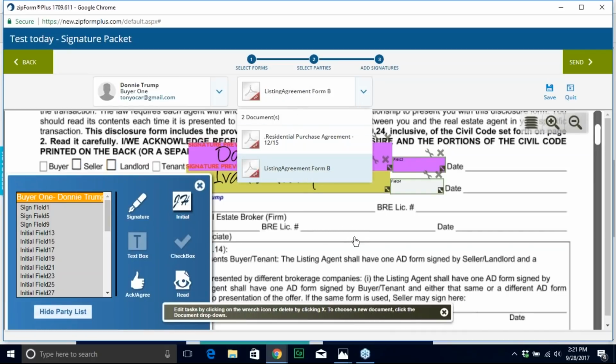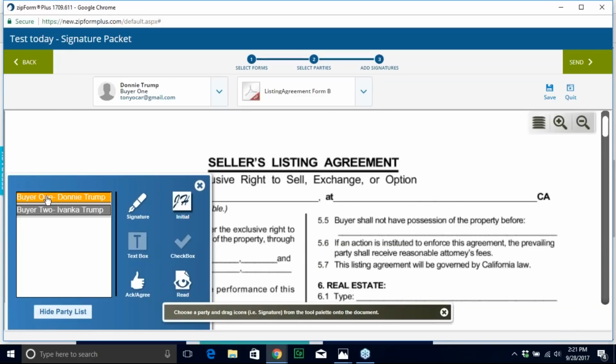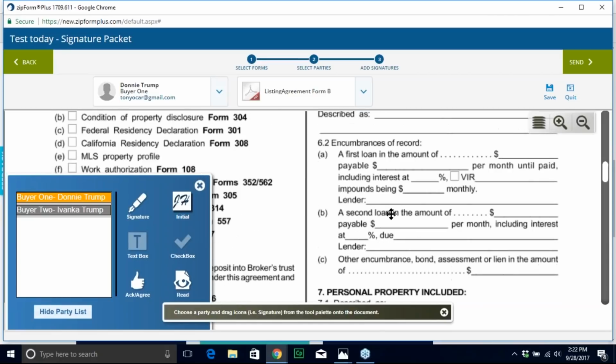like that PDF document. I see here that when I go to this document, that I see immediately that buyer 1 and buyer 2 and nothing underneath or in between. That means that this document has nothing to do for either one of my clients. So what do I need to do? I can scroll down on the document,